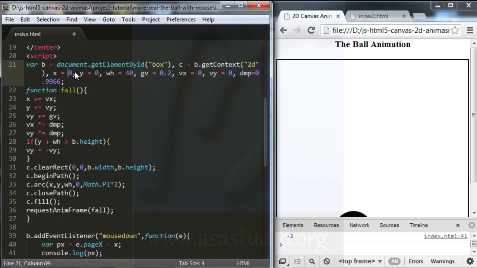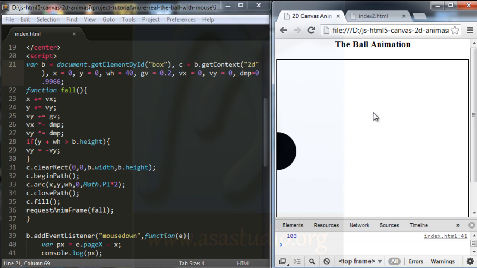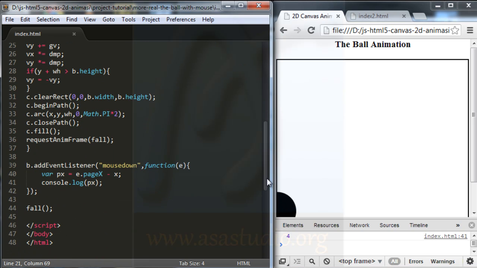I change x and y to 0, and now if I reload again, I have the right mouse position, a positive one, because my ball is at zero position of X. Okay, I have a positive position.